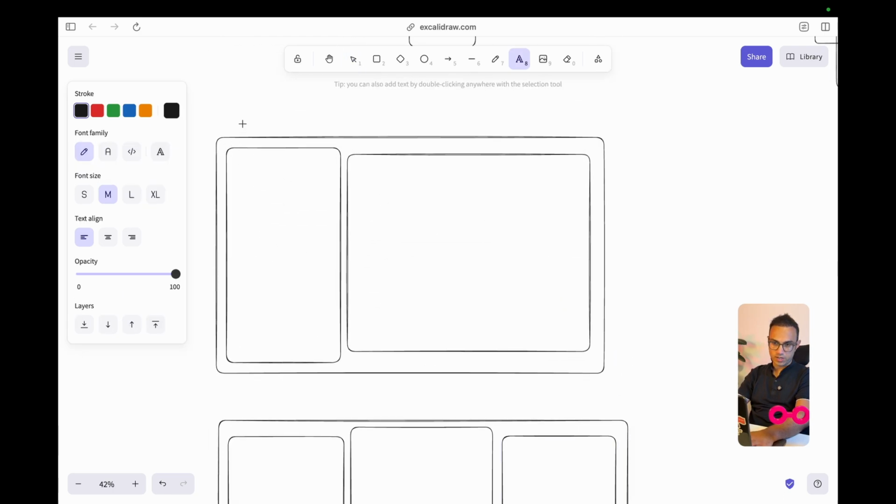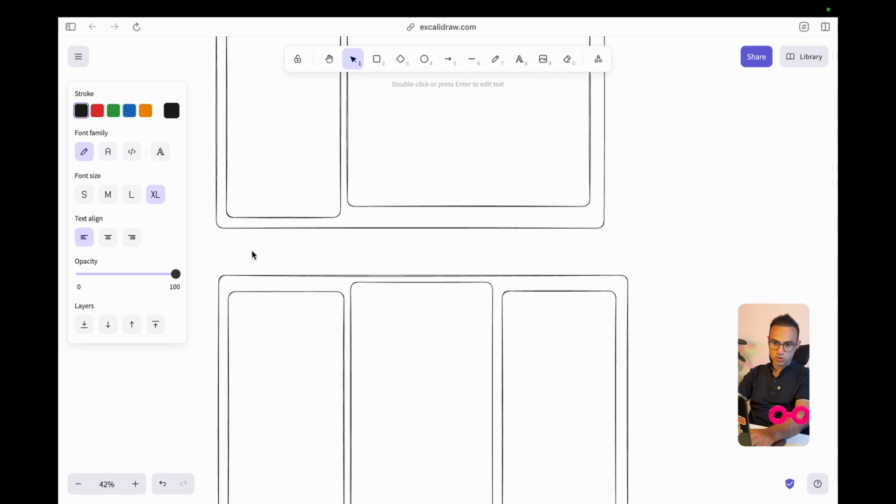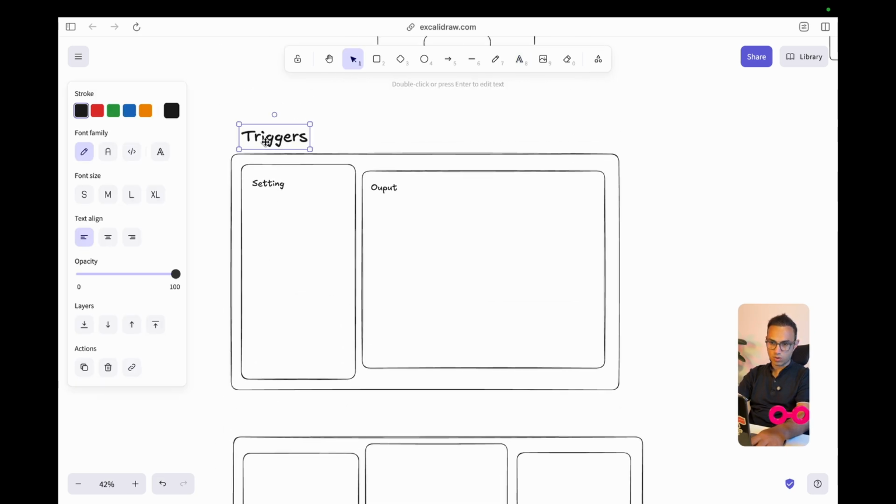Usually this is for triggers. And these triggers can have a setting, and these settings can have an output. And these settings are usually for so-called nodes.